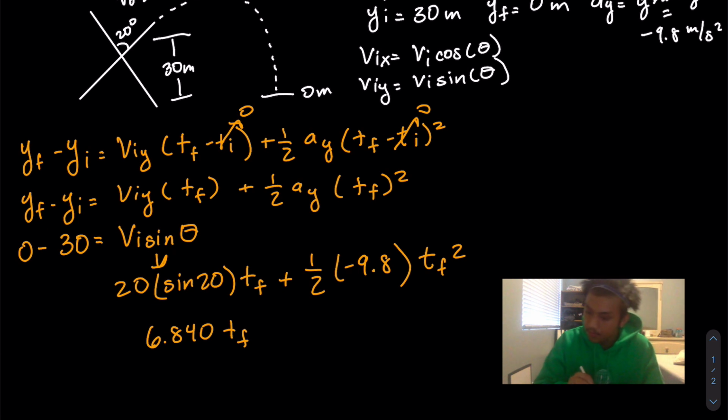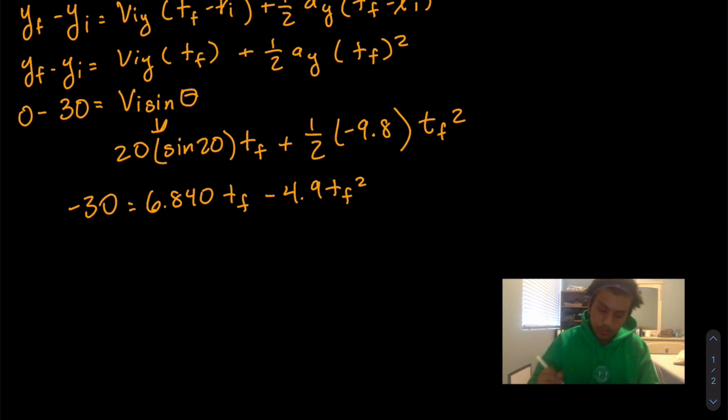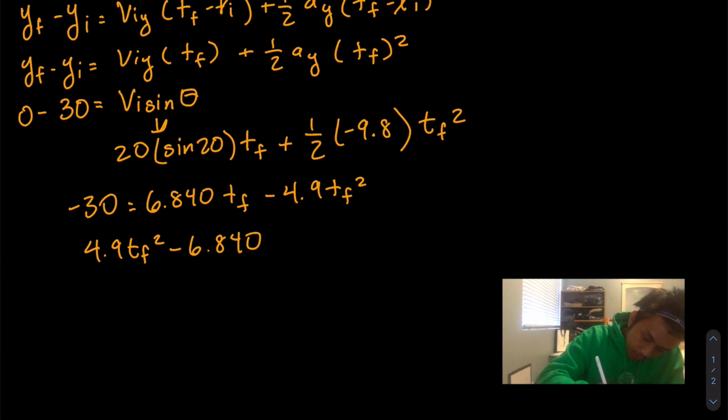The 9.8 over 2 ends up being minus 4.9 tf squared, and it equals negative 30. So you can rearrange this so it looks like a quadratic equation. You'll get 4.9 tf squared minus 6.840 times t final